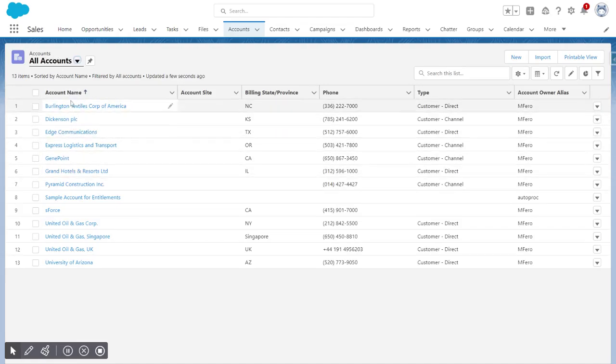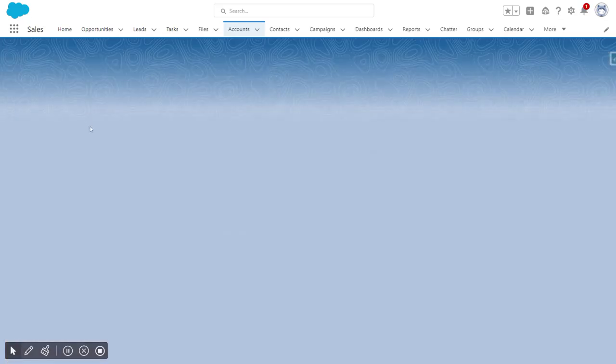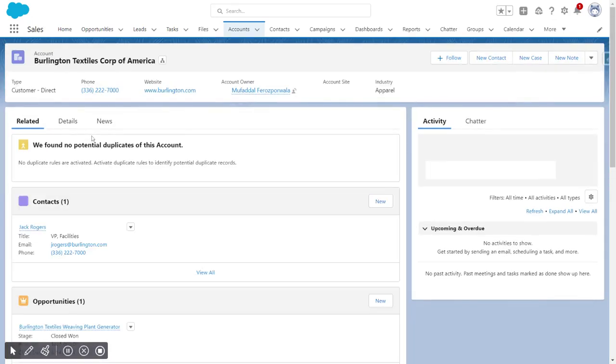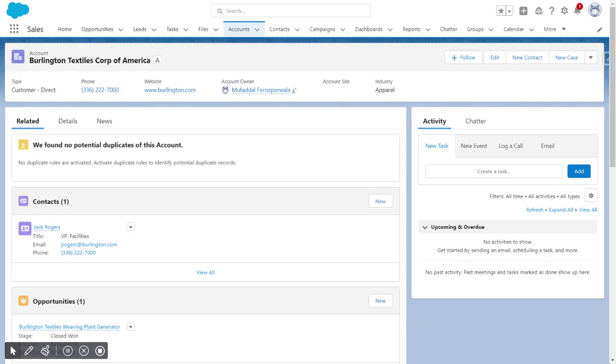Next, so here, these are records. These are account records. Let's just go in one of them. Records are data that we store in this table or this object. They're known as records, right? And now this is our record page,